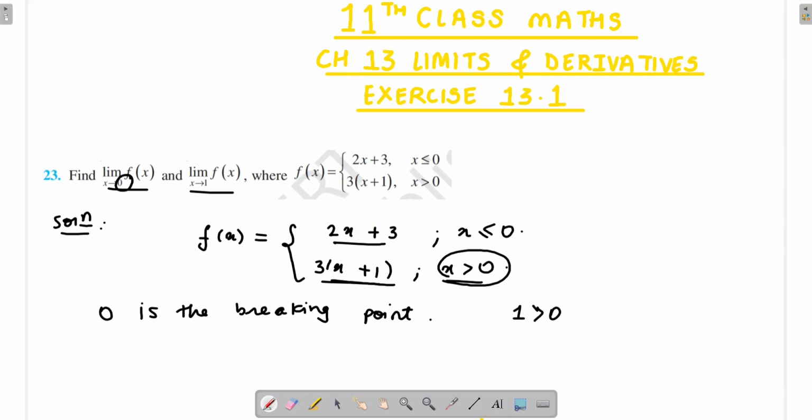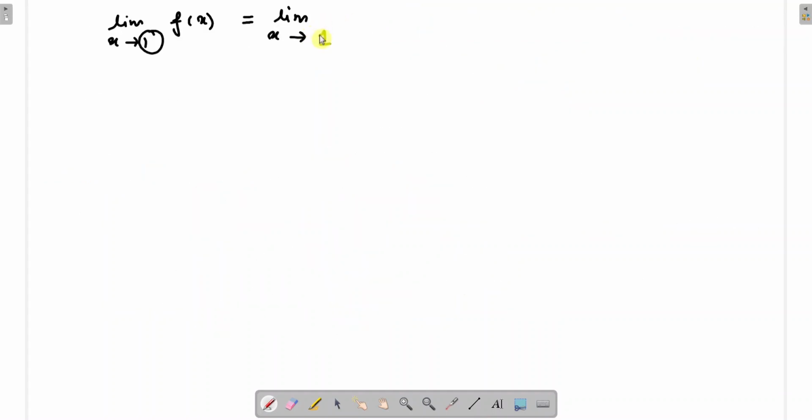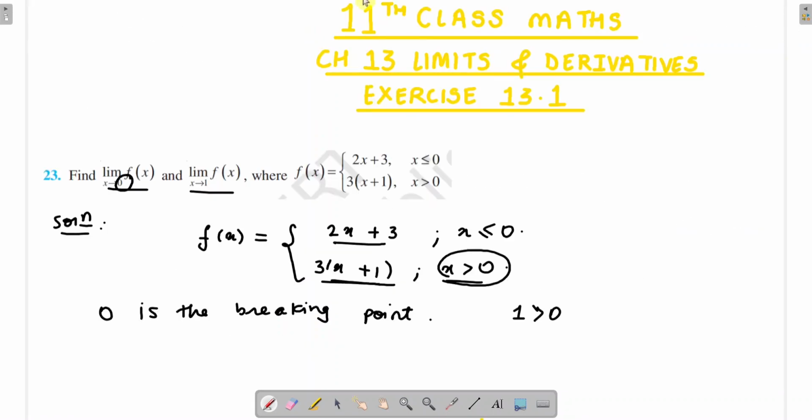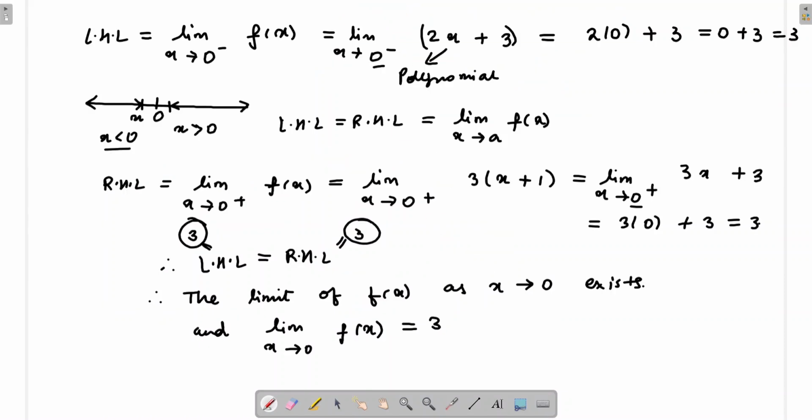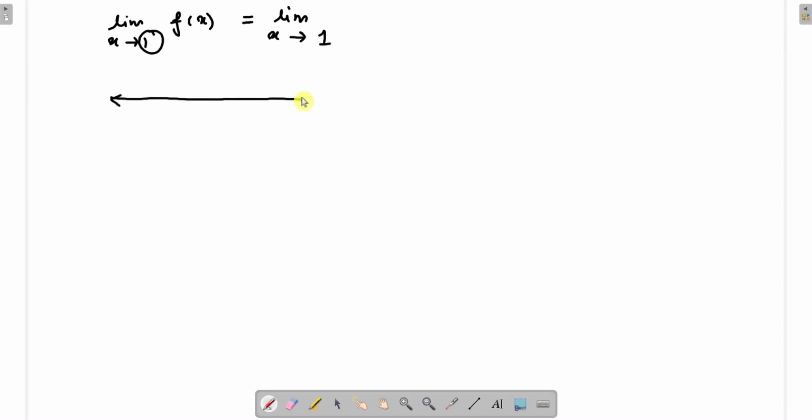See, 1 is greater than 0, that means you have to look at this. Why? Let us see. If you look at the number line, this is 0 here and this is 1, okay. Now when you take limit x tends to 1 here, that means x is tending to 1 from the left hand side as well as the right hand side. But the thing is, the x which you take are very close to 1, right.